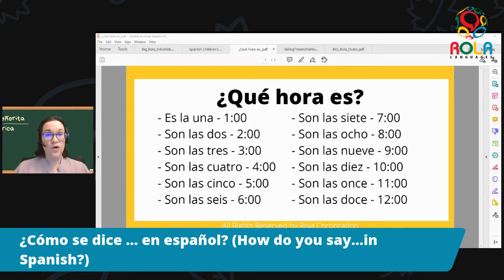Son las 5. ¿Cómo se dice en español it's 7 o'clock? Son las 7. ¿Cómo se dice en español it's 12 o'clock? Son las 12. ¿Cómo se dice en español it's 2 o'clock? Son las 2.